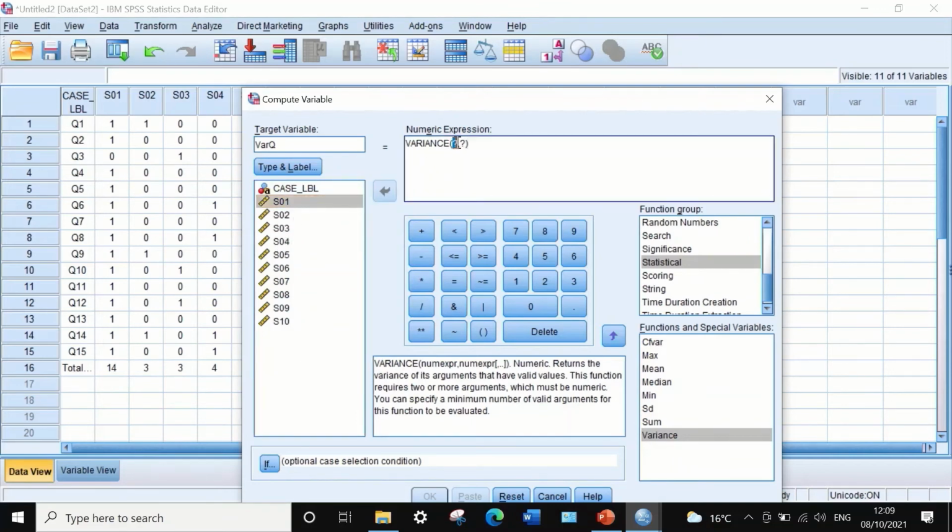The way to do that again is to insert the first variable and then separate it by a comma, and we do the same for the rest, until we reach S10. If we click on OK,